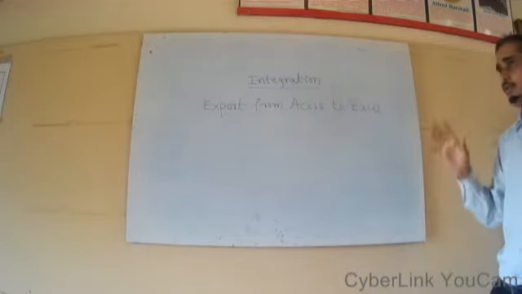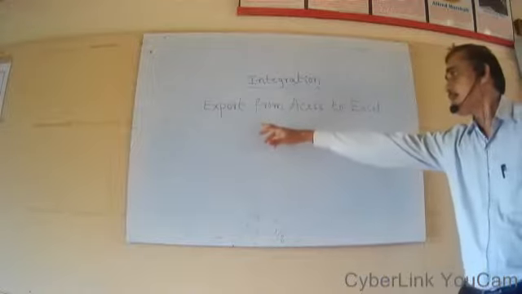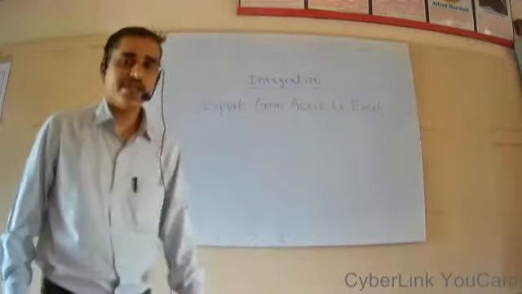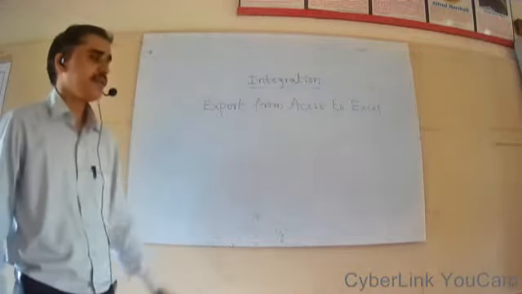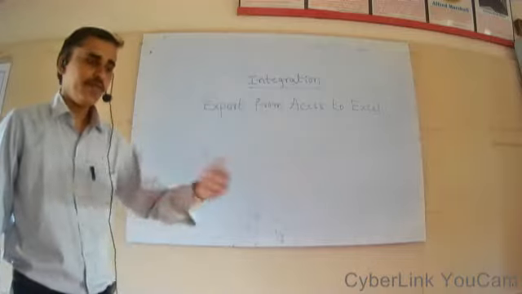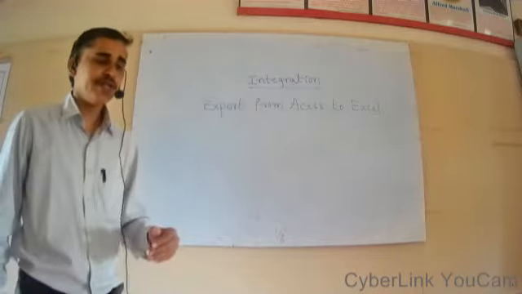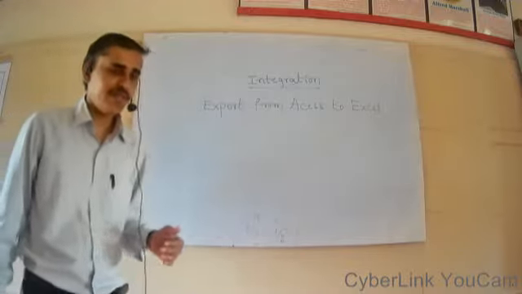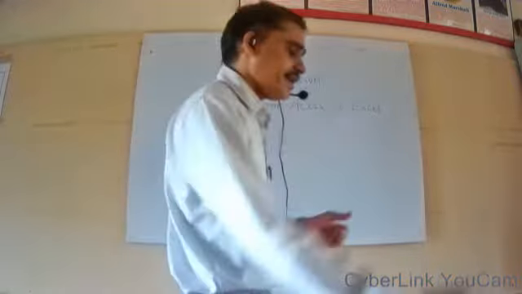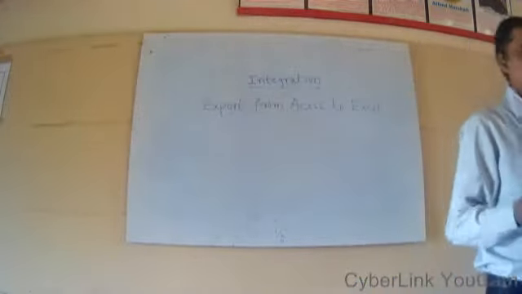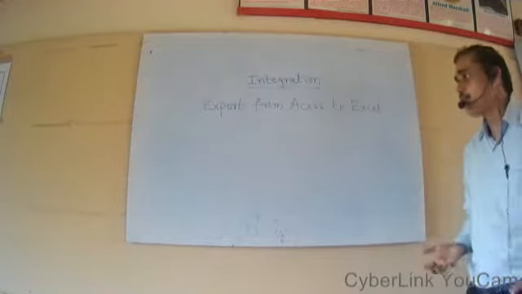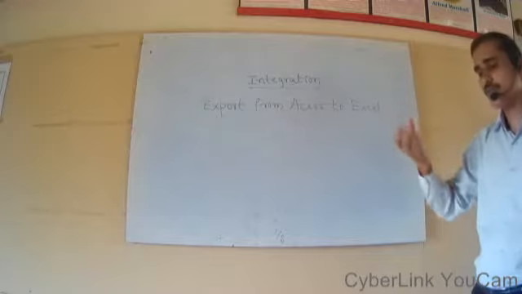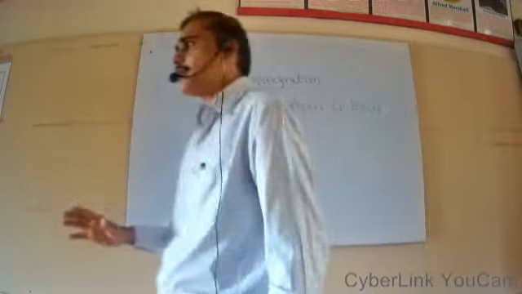As we are exporting from Access to MS Excel, we first have to open MS Access, isn't it? The present application is MS Access. When we import from Excel to Access, there also we are in Access and we import from MS Excel. In the previous class, first we opened MS Access and then we imported from MS Excel. Here also we are exporting, sending the data in the tabular format from Access to Excel. That means once again we have to open the MS Access database file.